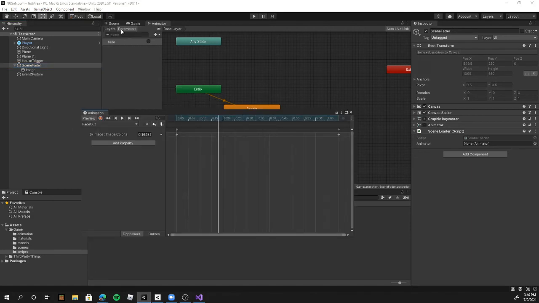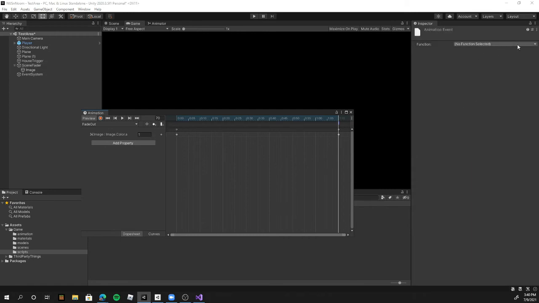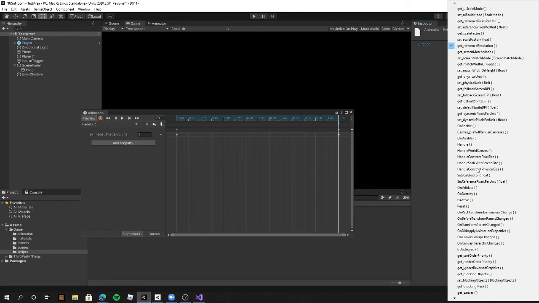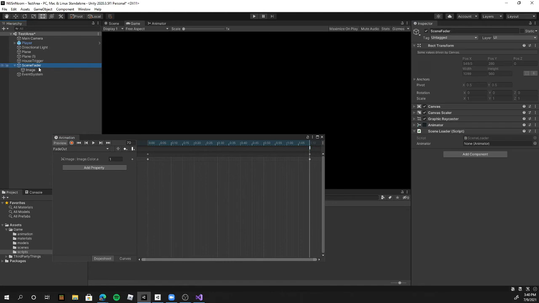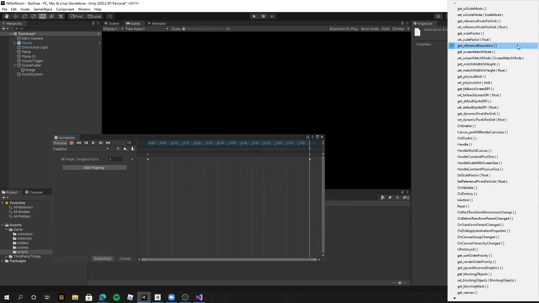So when this is done fading right here, we can add an animation event here, and the event will be able to pick up any function that is public and also on the object with the script. And this object is here. Let me not forget to connect this. This object now is here. You can connect the animator so it knows which animator it is. So now we just tell it what function to load, which we called